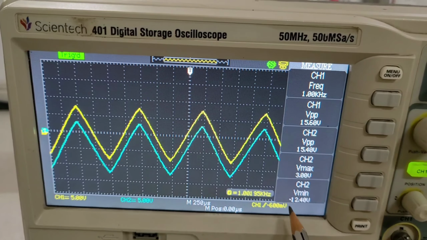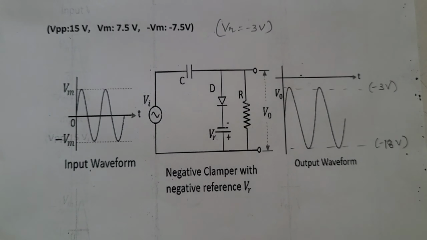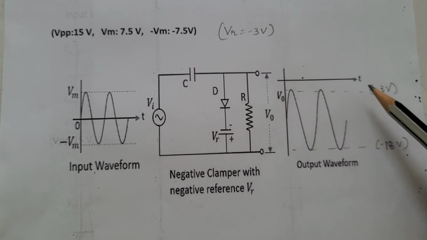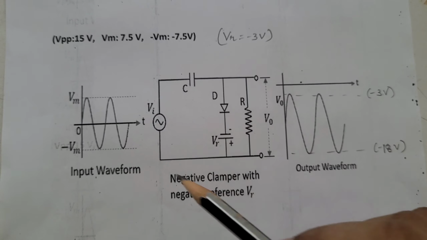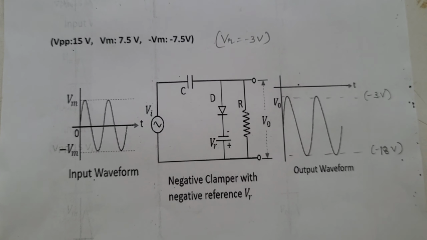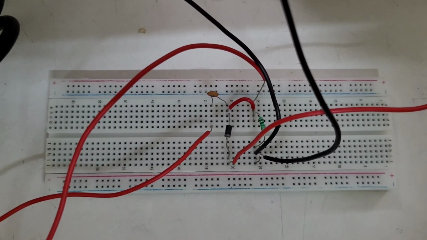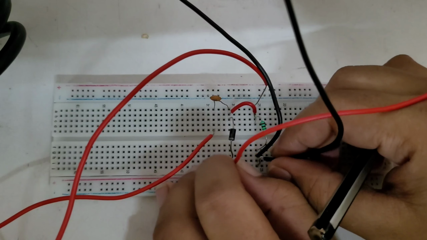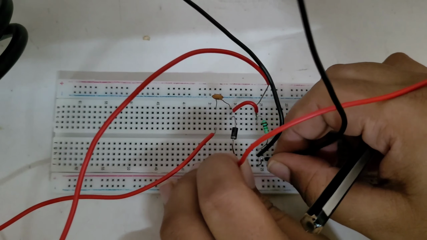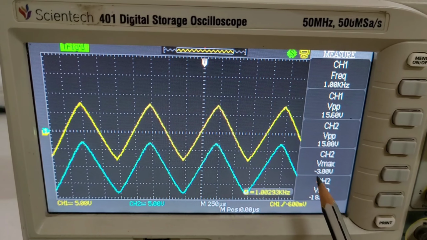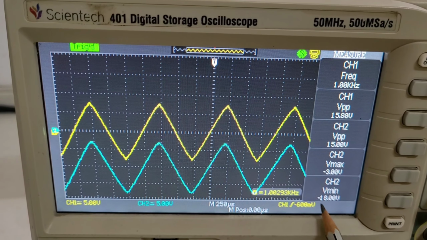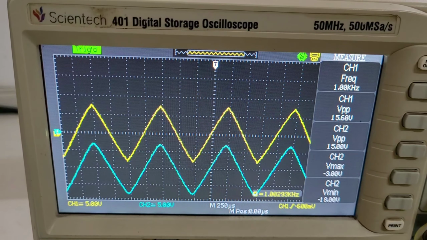The sixth type is negative clamper with negative reference voltage. This circuit shifts the Vmax of the input to minus 3 volt and V minimum of the input signal to minus 18 volt. Let's observe the waveform. In this circuit, we just interchange the polarities of the reference voltage. From the waveforms, we can see that Vmax is coming minus 3 volt and V minimum is coming minus 18 volt. In this way, we have studied, implemented and